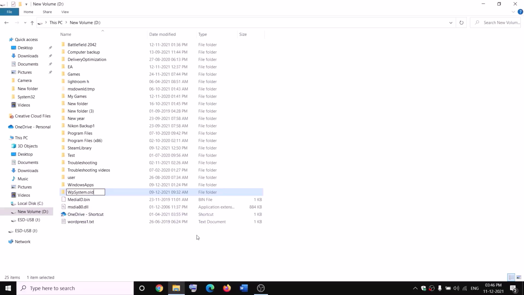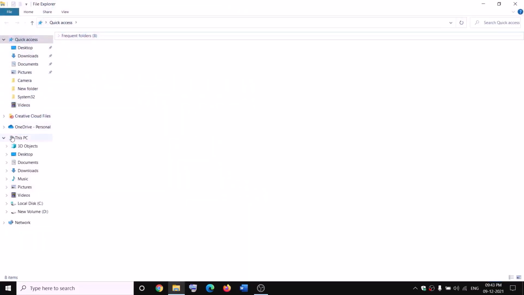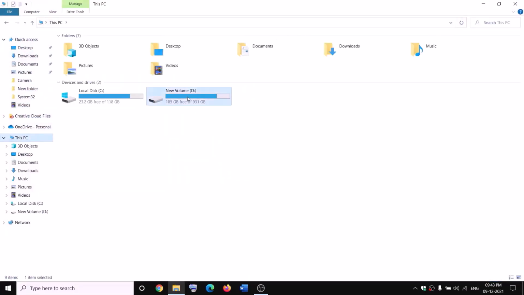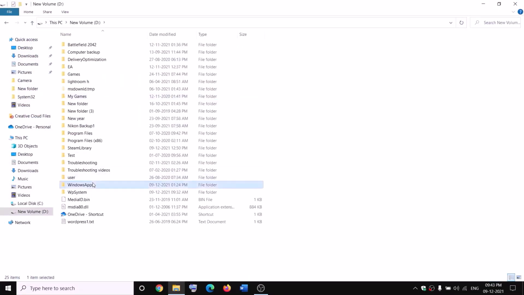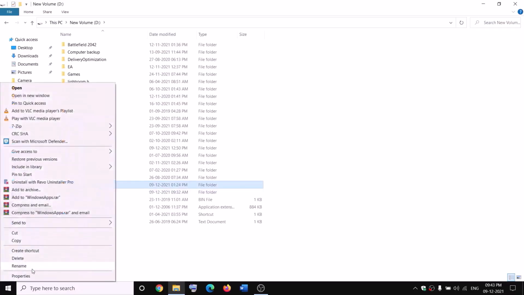Now, if you still face the problem, in that case you can go ahead and restart your computer and then try to rename it once again. Open File Explorer, go to This PC, open D drive, then make a right click on Windows Apps and then rename it. Now before renaming, you have to take the ownership. Make a right click, then click on